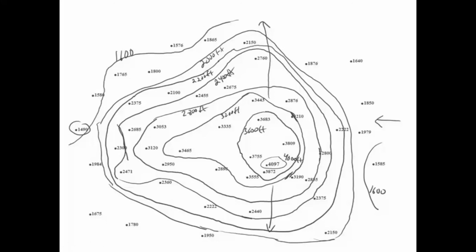2801 जो है वो 2800 से बड़ा है. Like 2865 is greater than 2800. Okay, so if it is 2876 or 2865, so these points are greater in value than 2800. So remember that the absolute value of contour is like 3200. So if there is anything that is 3210, it means it is greater than 3200. All right, so you need to remember that if it is 2000 feet, anything that is 2150 is greater than 2000 feet.